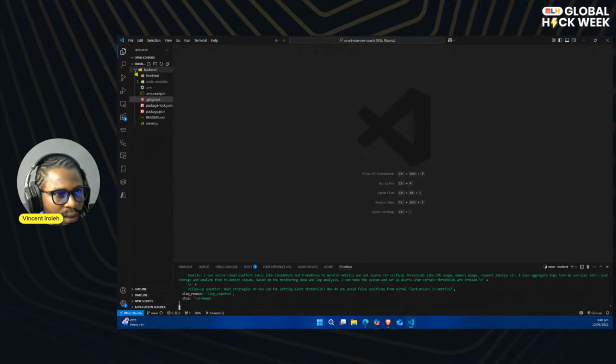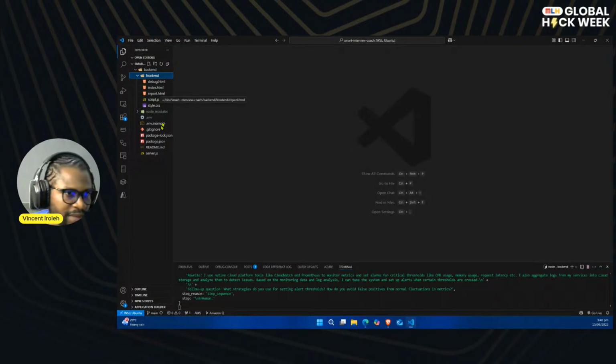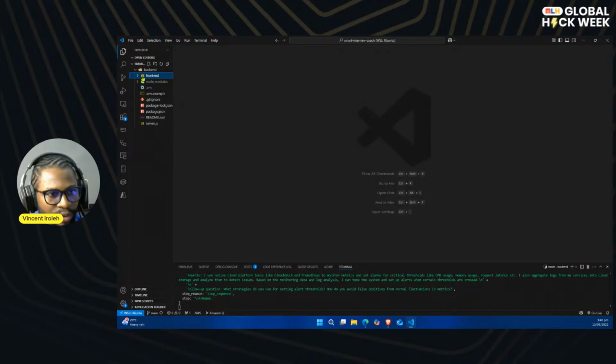So we just have the front end that does some things here: the index, which is the home page we see, and the report page, then our scripts and the style.css. But that's not the most important aspect. Before I dive into